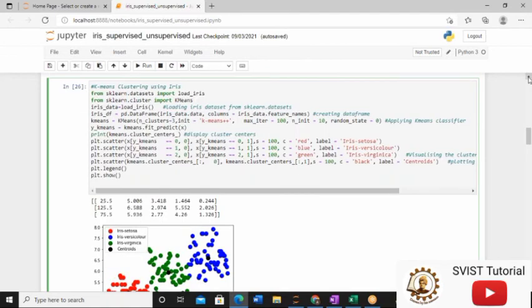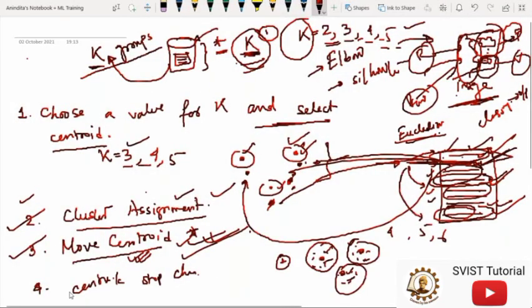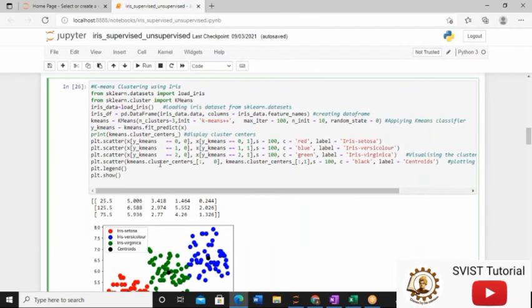Every step will work internally. Whatever steps I have explained, you need not memorize them, because the algorithm is already written somewhere. I am just loading it and calling the algorithm. What the parameters mean I will tell you, but you have no need to write the algorithm. Whatever lines I have written over here in order to display this, we have performed this kind of plotting, right? Basically you don't have to write the algorithm. Whatever part I have explained in detail is needed only to understand the output.